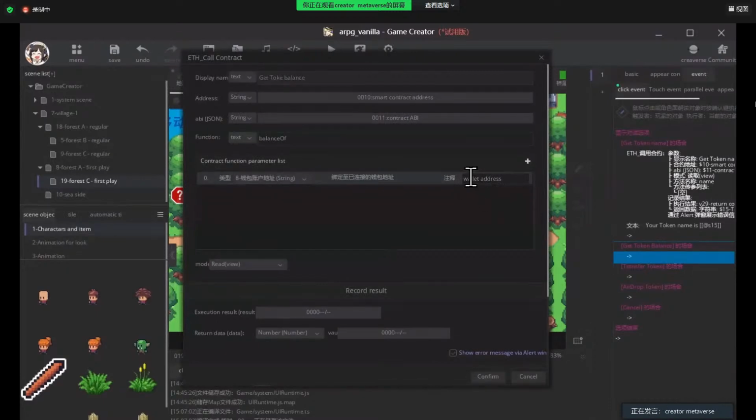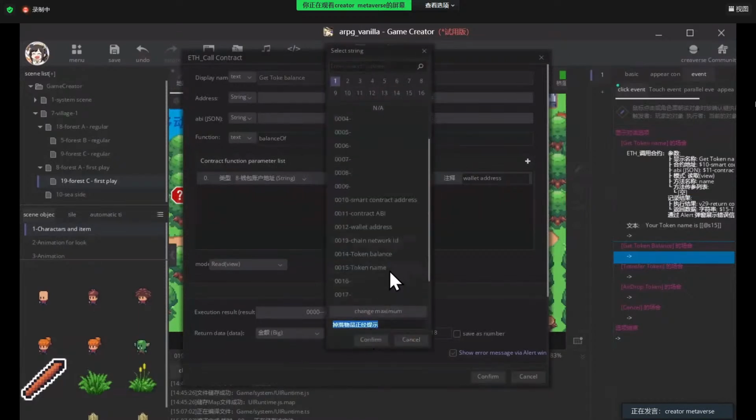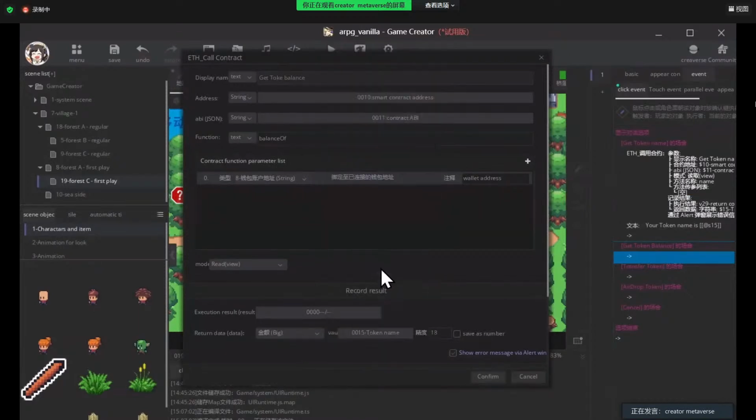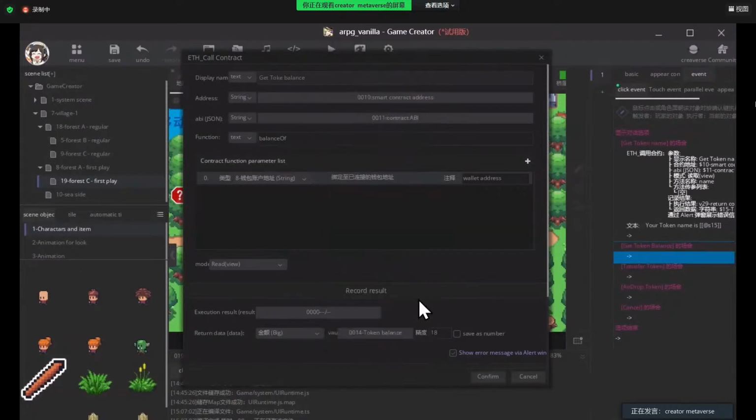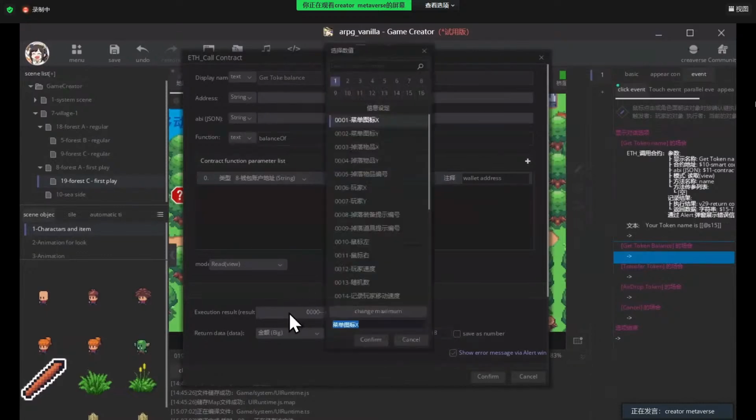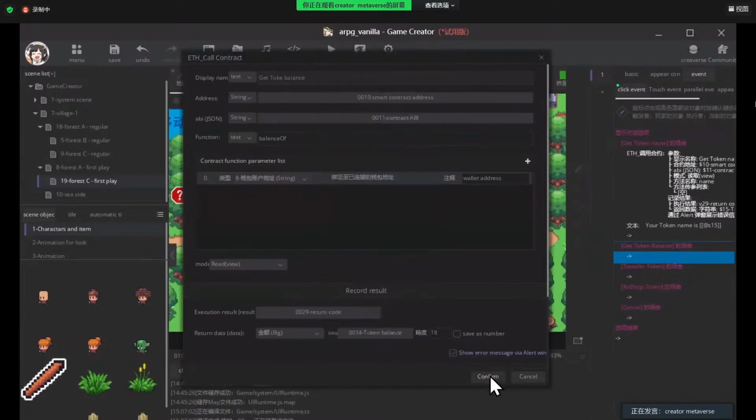And I'm pretty sure your player just wants to know their own wallet balance and return the number into the token balance. And the decimal is 18, which is also defined by your smart contract. Execution code is return code. Yes, confirm.